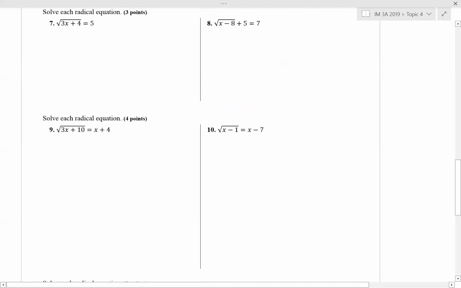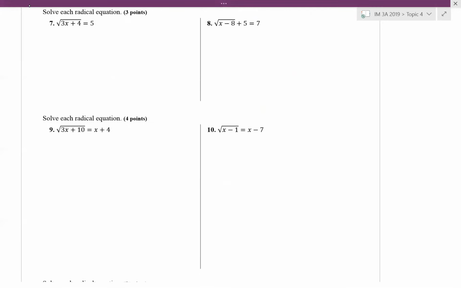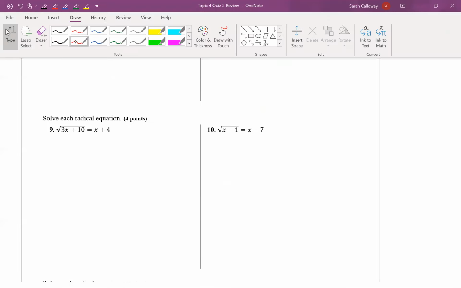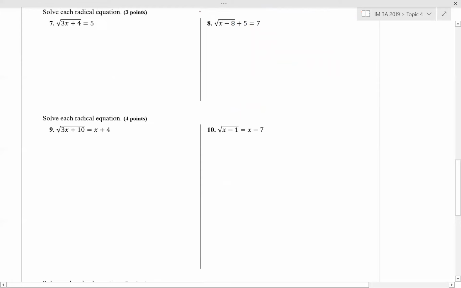For question 8, we're solving the radical equation. In all radicals, we do want to check for extraneous solutions. And so our first step is to get the radical piece by itself. So see how in 7, it's already isolated, so we would go into undoing the radical. Because this isn't isolated yet, we have to subtract the 5 before we can get started. So I have the square root of x minus 8